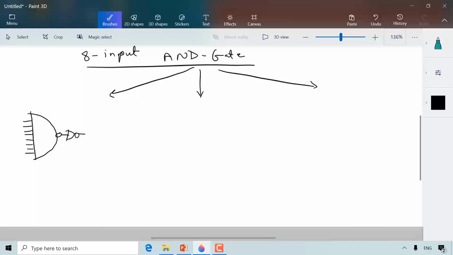Another approach is to use a 4 input NAND gate followed by an inverter, and we have to use another level. So this is basically a 4 input AND followed by a 2 input AND. This can be simplified,